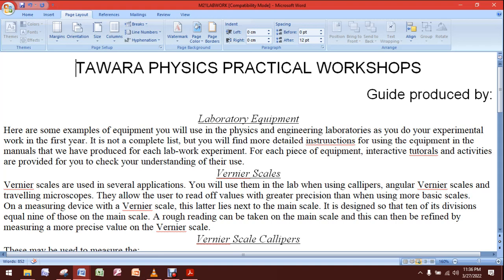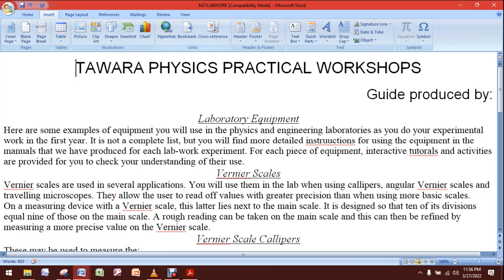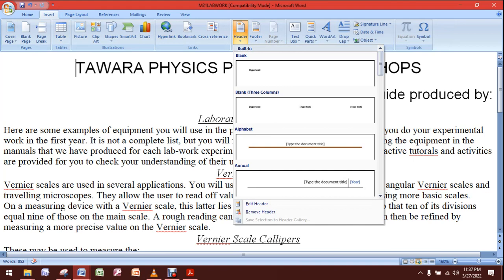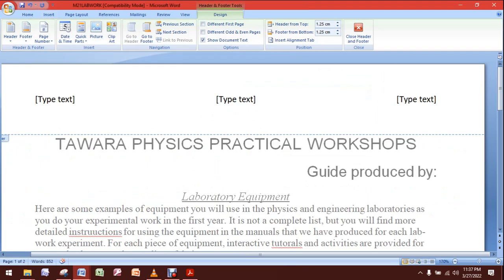Step number 4, with the header of the document. Header, you already know that the header is on the top. You can just go to insert, header, and then your name and the number left aligned. You can see that they have different alignments, so always go with the 3 columns here. Left align is your name and the candidate number,